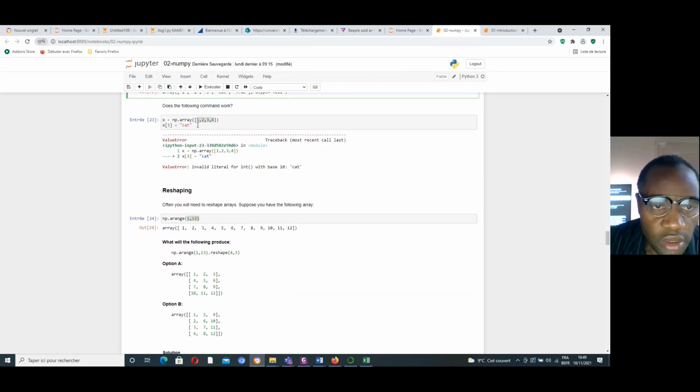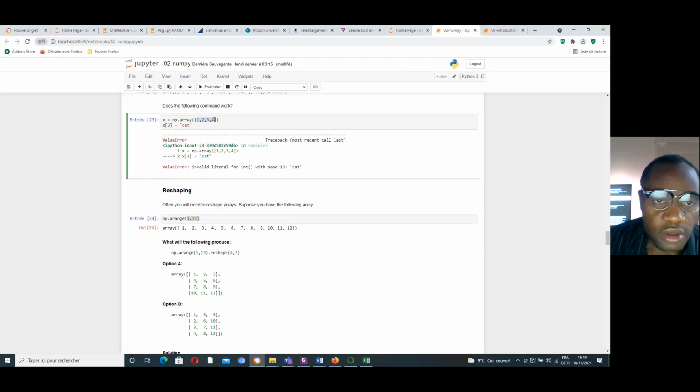For example, if I want to put cat in the third position, 0, 1, 2, third.